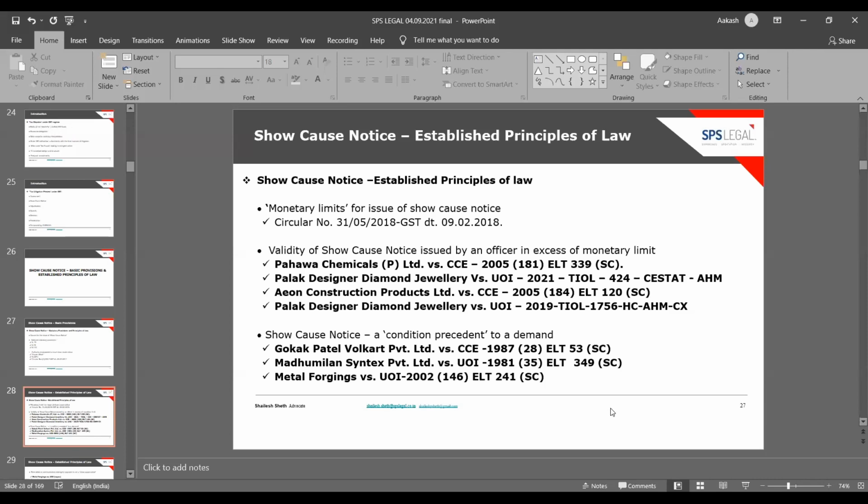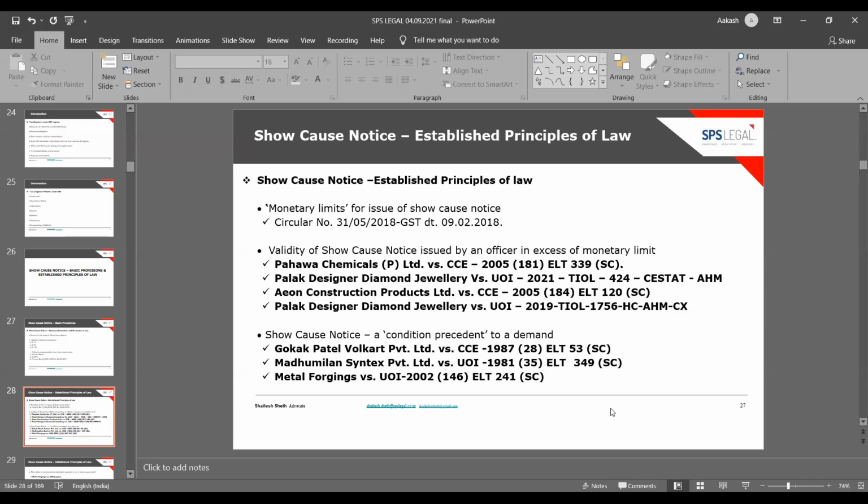judges bench of the Supreme Court in Power Chemicals said that the administrative direction of the board allocating different works to various classes of officers cannot cut down jurisdiction vested in them by the statute, and may be followed by them at best as a matter of propriety. It was further held by the Supreme Court that the issuance of the show cause notice or adjudication order contrary to such directions could not be set aside for want of jurisdiction, especially as no prejudice is caused to the SSE because of that. This is an important judgment